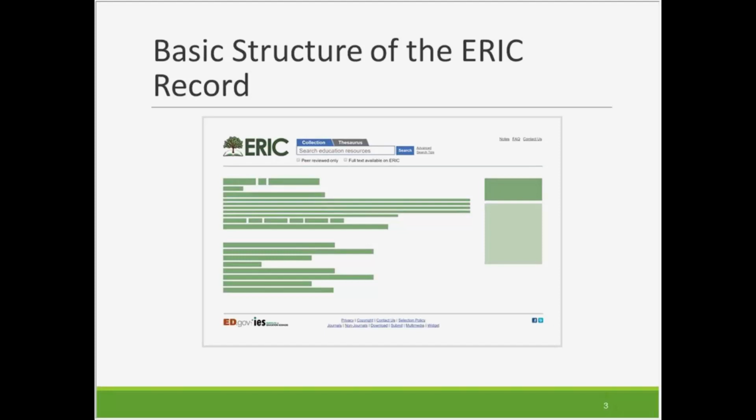If all the fields were searchable, your results would come back with a lot of irrelevant material. There are other fields that are searchable, such as the ISSN number or the ERIC number. Those are typically used only when searching to find a very specific item. We'll talk about some additional search options when we get to our last group of fields.